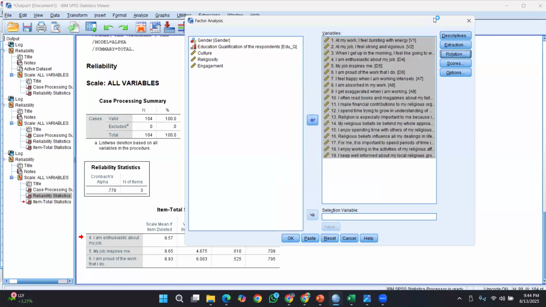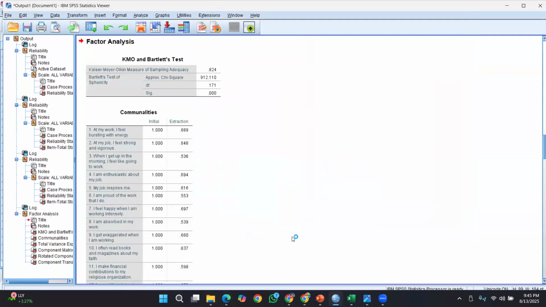Those are not mandatory. So by inserting all these variables and specifying rotation, you can say okay.